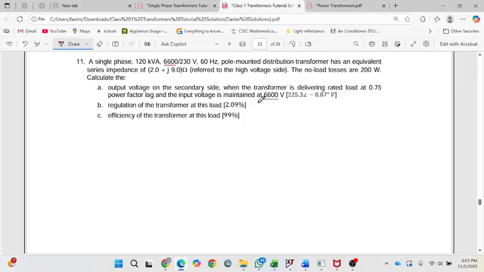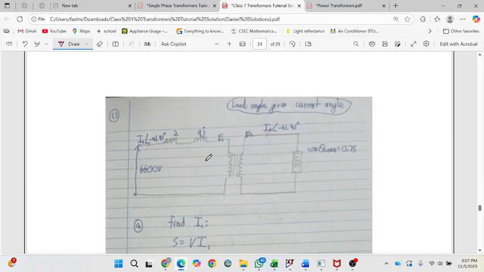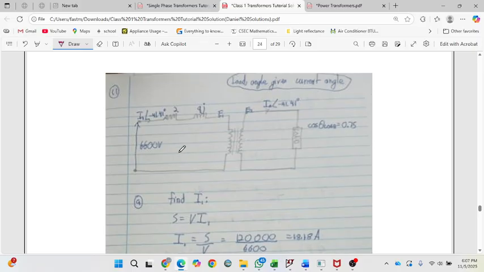They already gave you everything referred to the primary side, so basically the same format where you go from the input voltage, get I1, get the losses, E1, turns ratio, and whatever E2 is will be your V2. Because they said the equivalent impedance is already referred to the high voltage side, which is the primary side, you don't have to worry about doing too much. So you have this coming in, everything referred to this side already. You just need to calculate E1, and E2 you just use your turns ratio, and you basically get on that side. The trick is